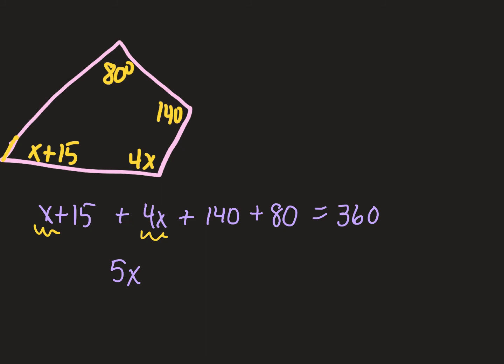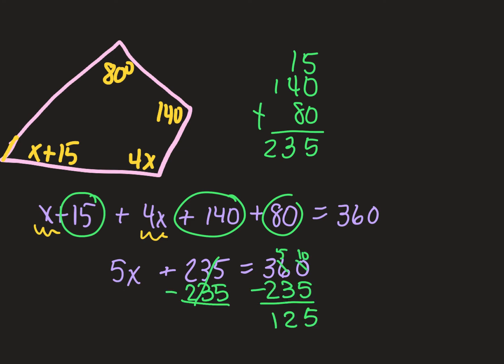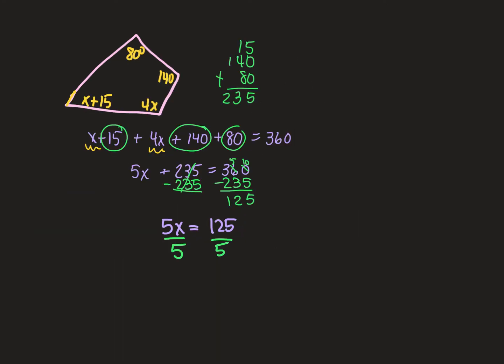Combine whole numbers. 15 plus 140 plus 80 is 235. Then I get equals 360. This is again another two-step equation. I'm going to subtract 235, then I'm going to divide by 5. When I subtract 235, I get 125, and then I rewrite. Divide both sides by 5,